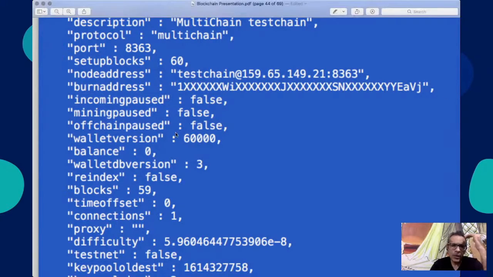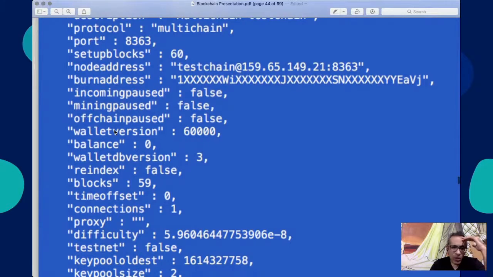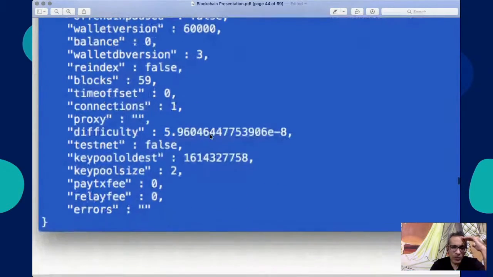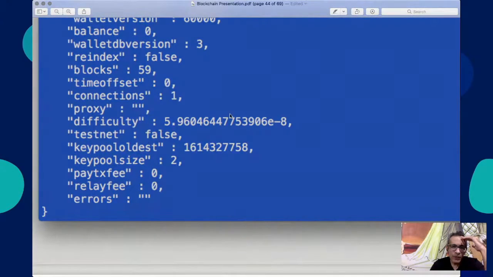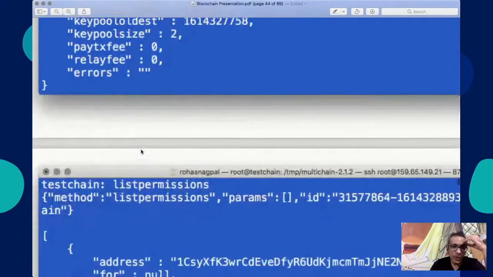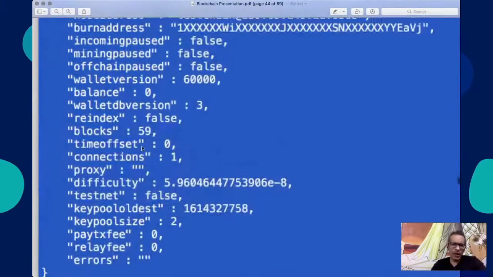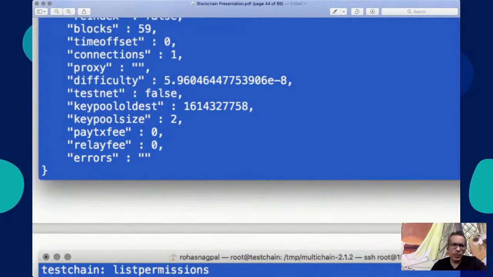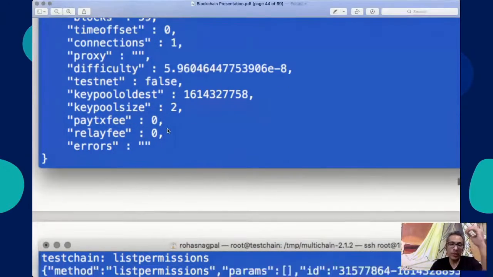Okay, great. Then other than burn address, there are lots and lots of other things, blocks we can ignore. You remember we spoke about the difficulty level constantly being adjusted so that the block time of 10 minutes is maintained in Bitcoin. Well, difficulty level is shown here. Pools we can ignore for the time being. So I've broadly told you, no problem if you ever want to see what the other terms mean, you can go to the MultiChain site and every single API is documented in detail. So you can see the meaning of each of those terms.